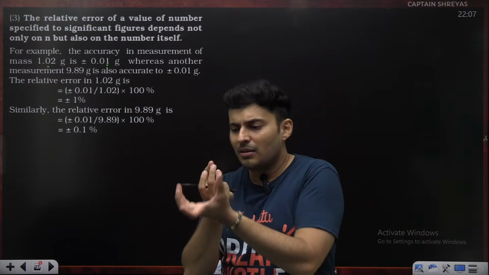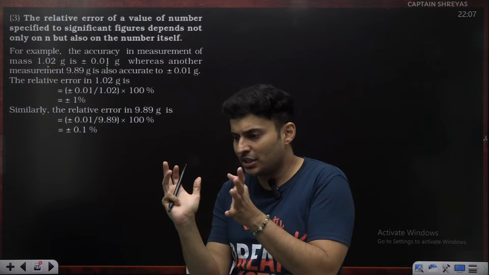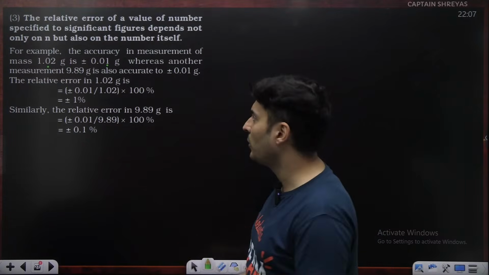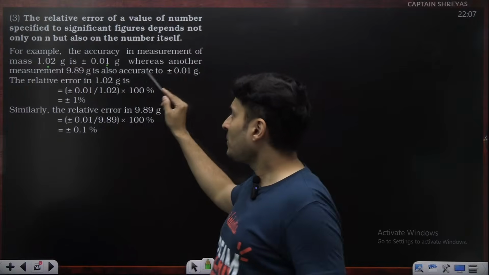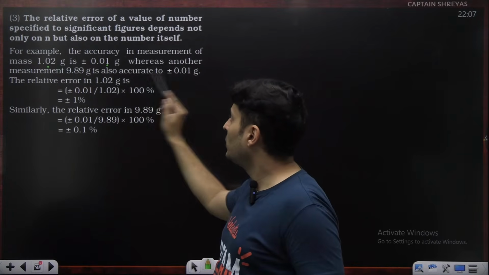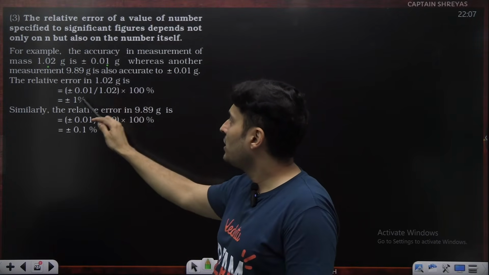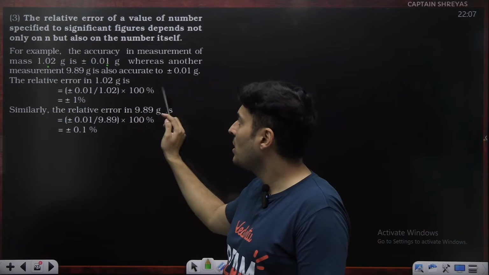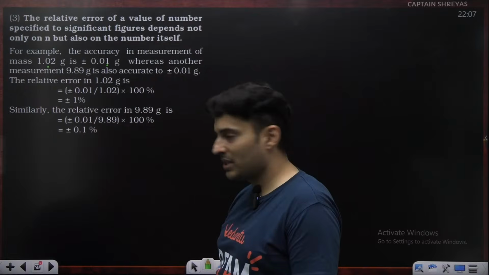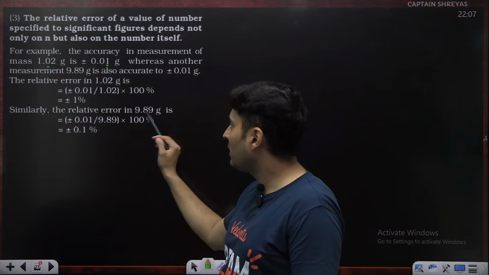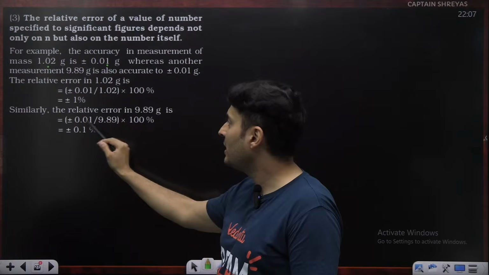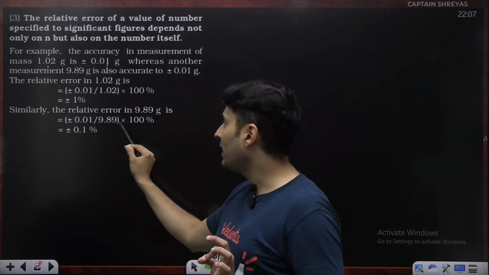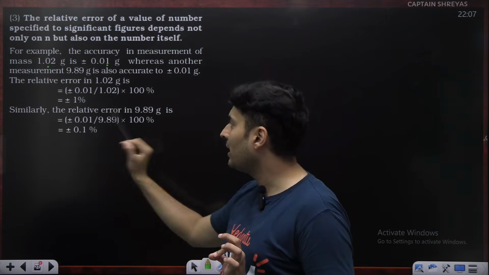So the relative error in 1.02 is 0.01 divided by 1.02 into 100, which becomes 1%. Similarly, the relative error in 9.89 is 0.01, that uncertainty, divided by 9.89 into 100, which again becomes